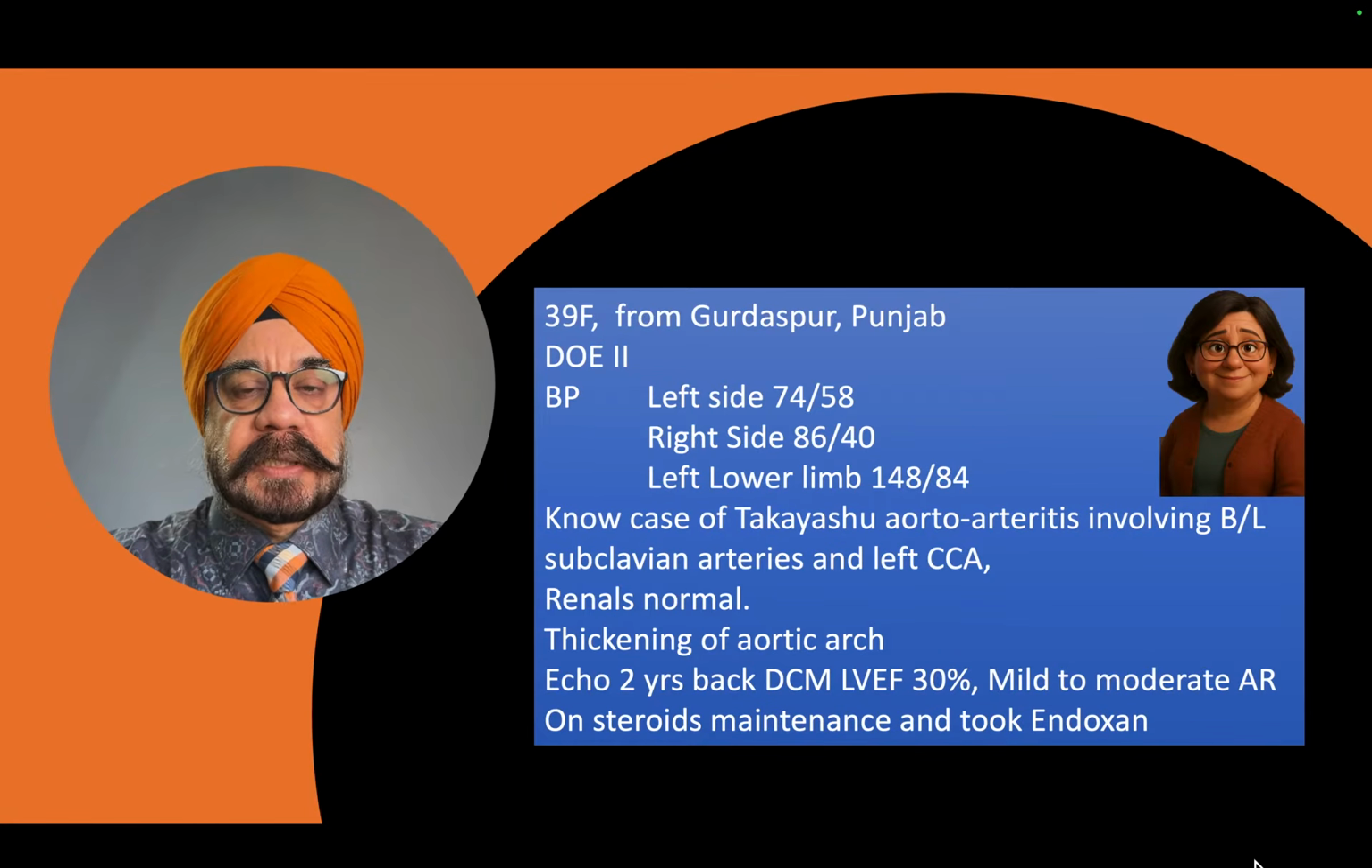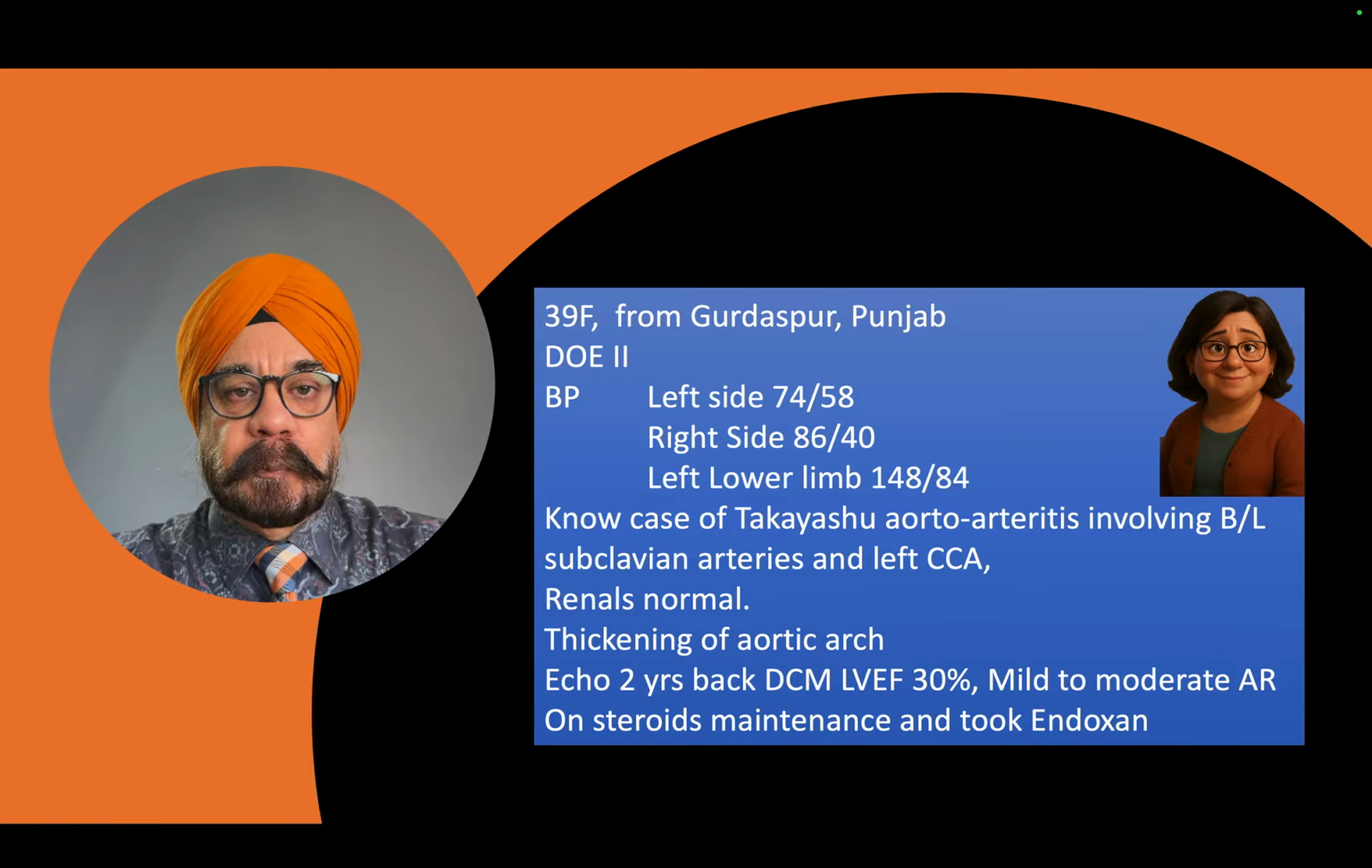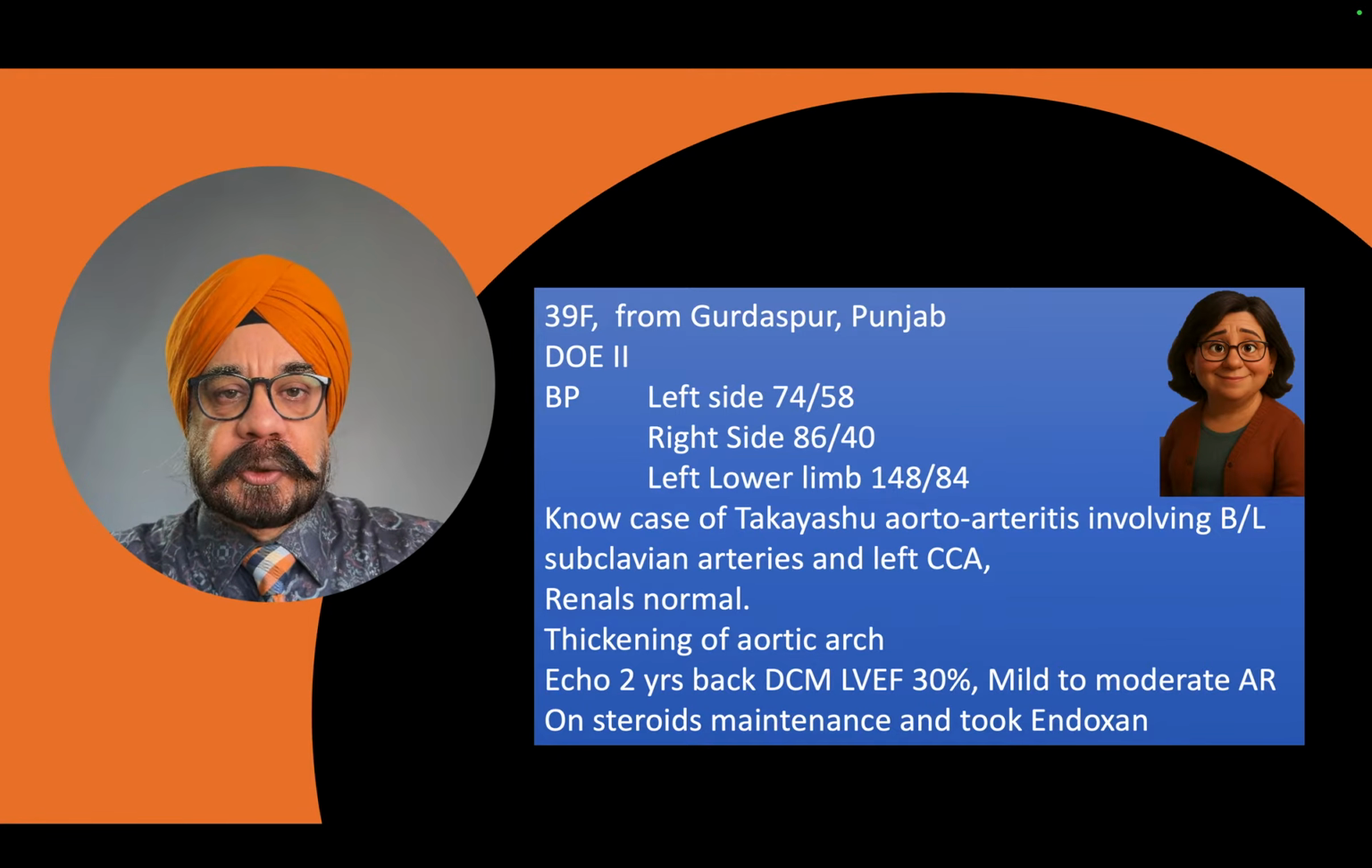Hello friends, presenting an unusual case today: a young female with a history of dyspnea. Her blood pressure was quite low on both upper limbs, and the lower limb blood pressure was a little high. This was a patient with Takayasu aortoarteritis, where a CT scan was done and it showed subclavian artery involvement,